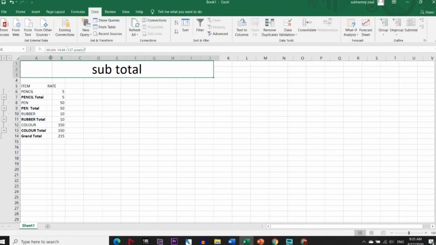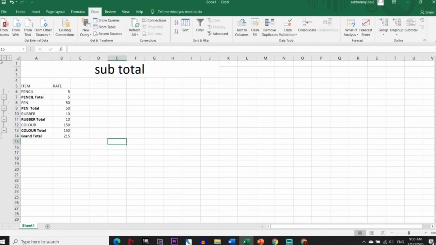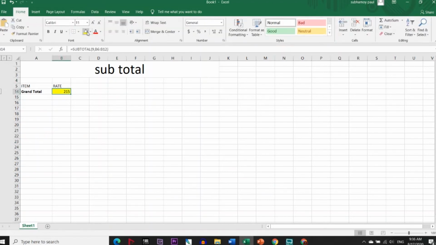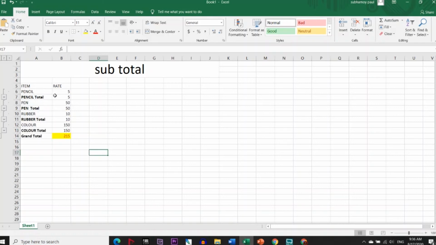If we stretch this, see, number 1 is a grand total. Now let me color this so it becomes easier for you to understand. If I click on number 2, see all the totals of it, and number 3 the individual of it, like pencil 5 rupees, pen. So that means what it's doing, say if I click on 0,